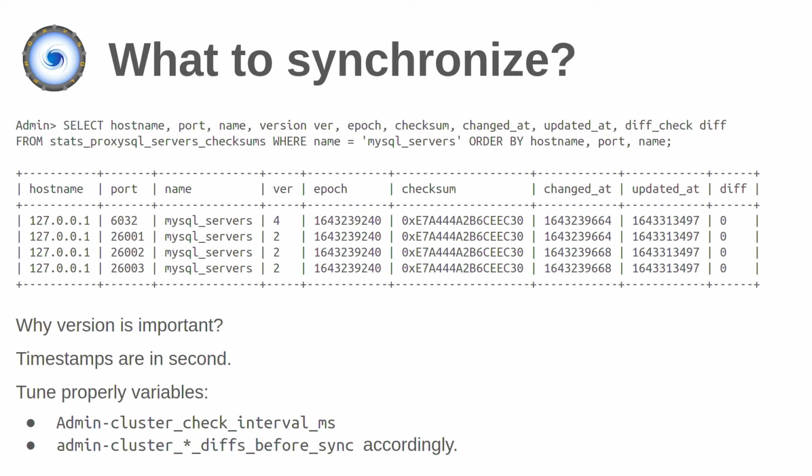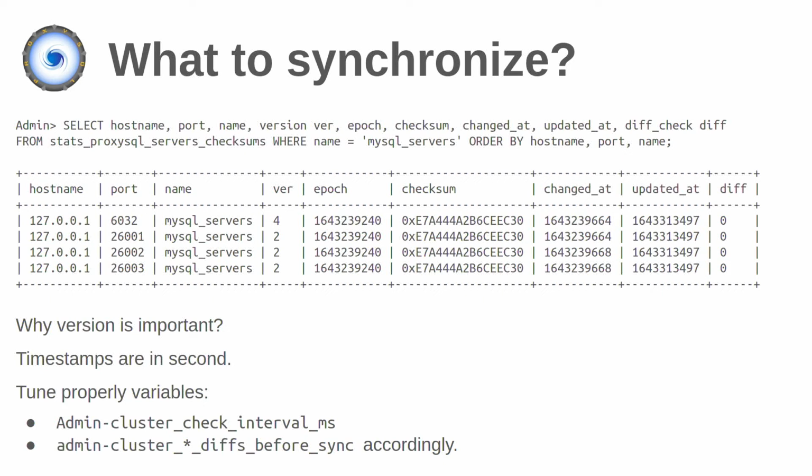Then we have changed_at. It's basically when this configuration was changed. And because each proxy is constantly monitoring the others, they also have when this was updated. So updated_at is when these metrics were updated, that is, when they got a notification from another proxy with its checksum. So basically, if nothing changed in the configuration, what you're going to see is that updated_at increases by 1 second every time. Every time you query it, updated_at is the only column that should change.